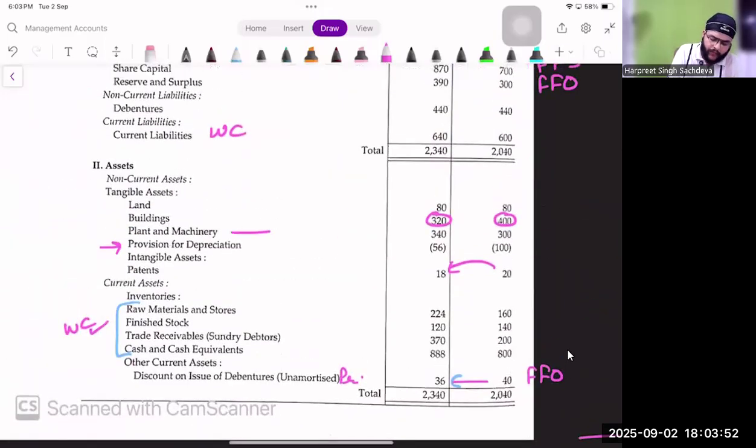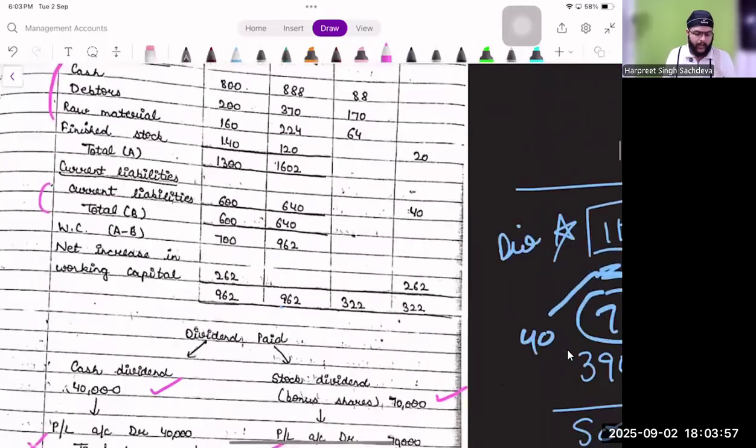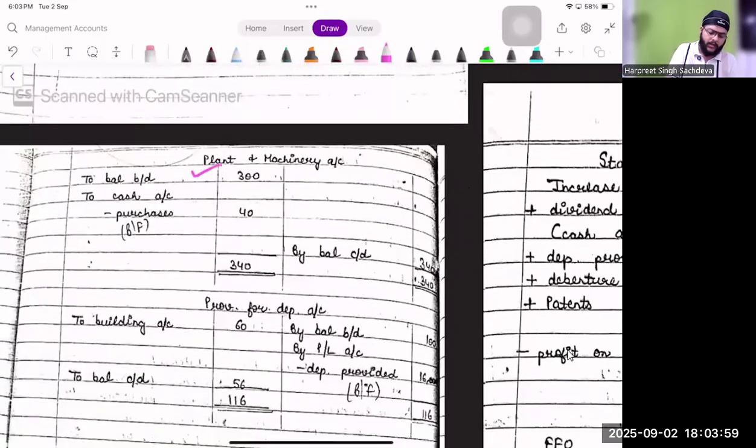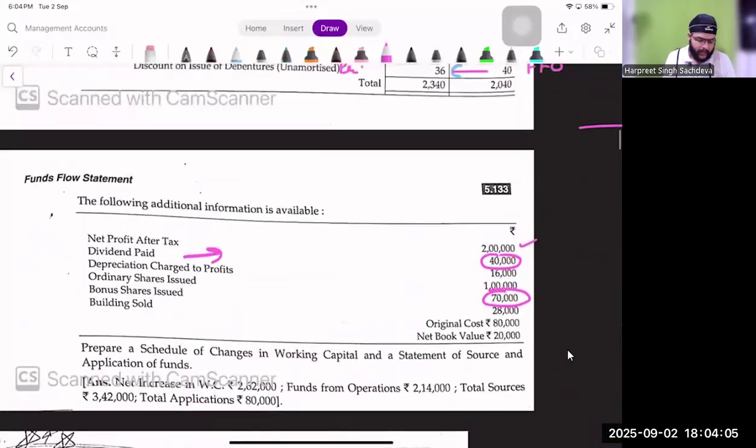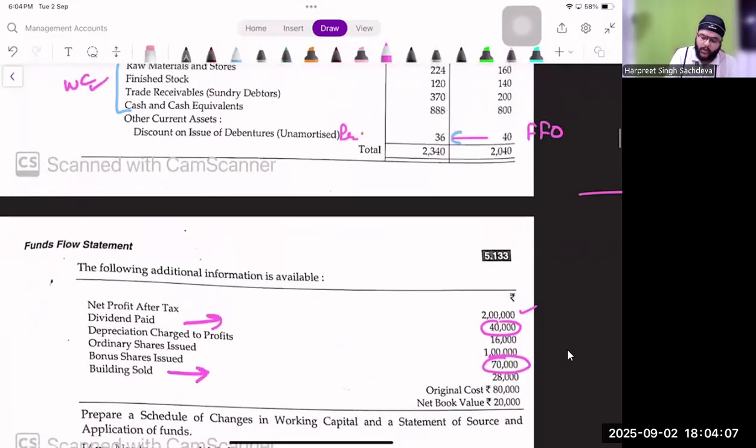आगे चेक करिए, प्लांट एंड मशीनरी ओपनिंग वैल्यू इज 300, क्लोजिंग इज 340। ठीक है, नाउ क्वेश्चन सेज building was sold whose original cost is this, net book value is this, selling price is this, means we will make a working note for the building sold।